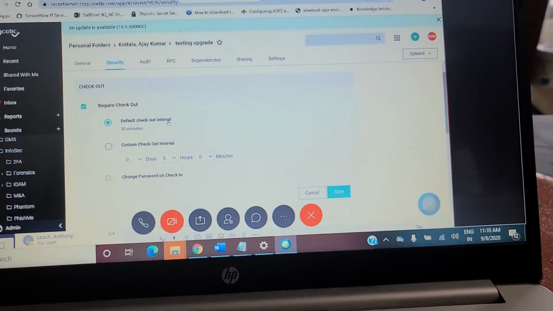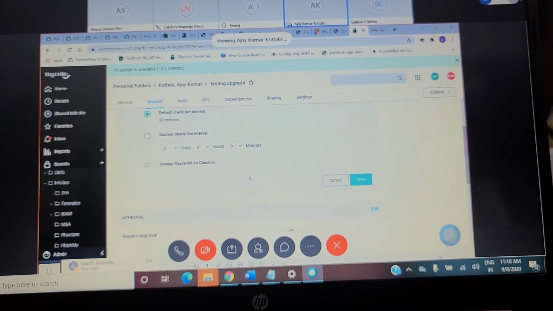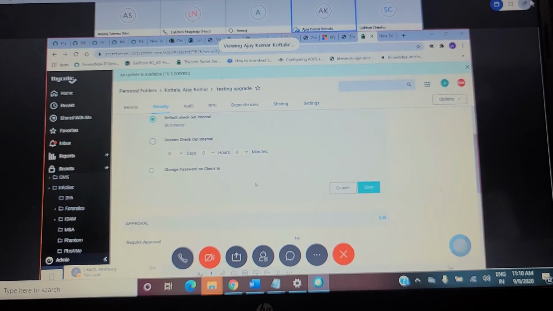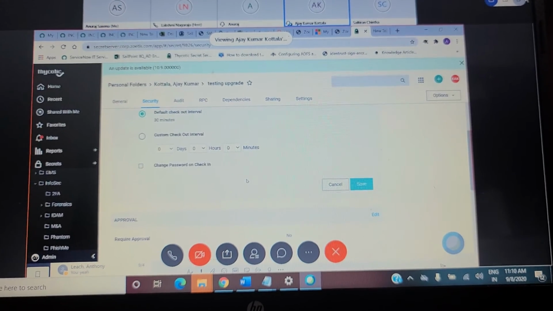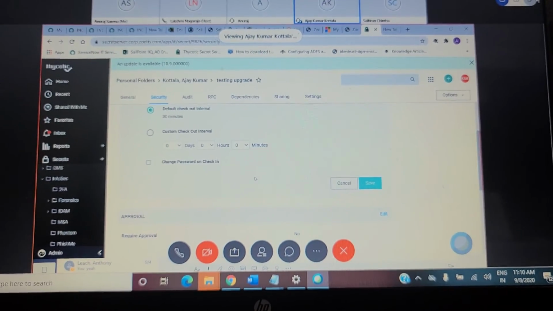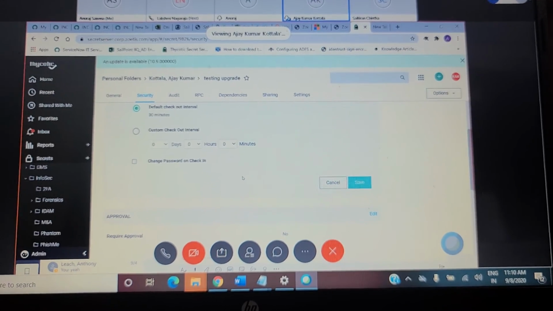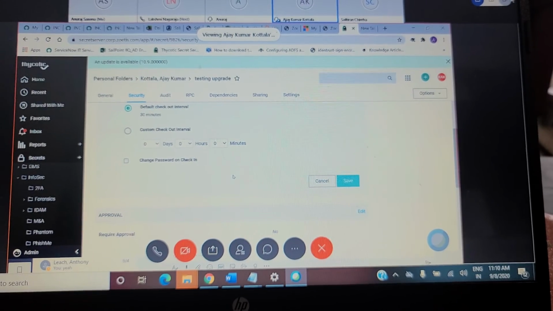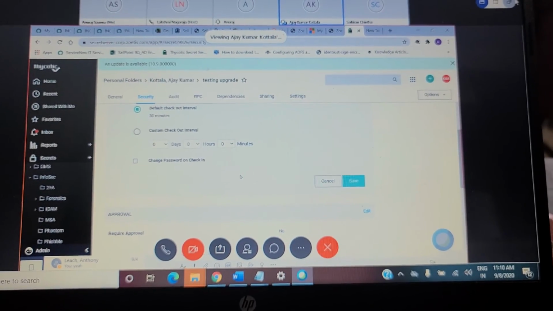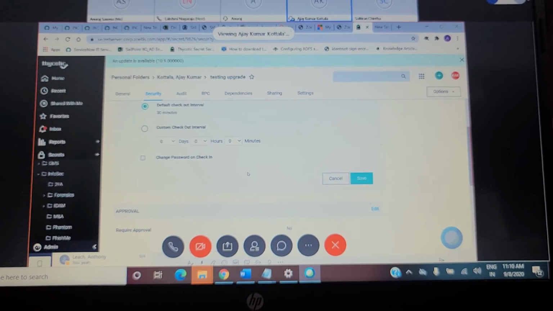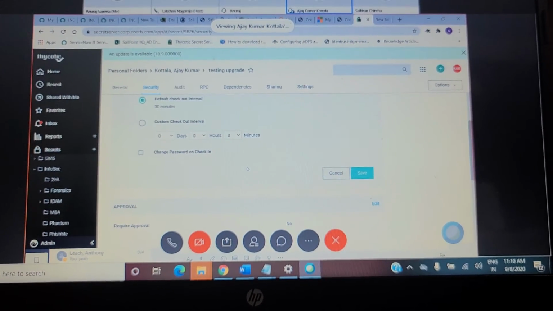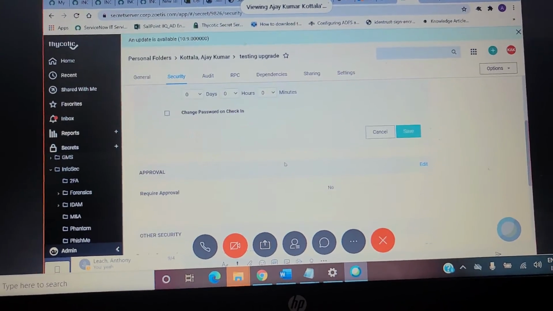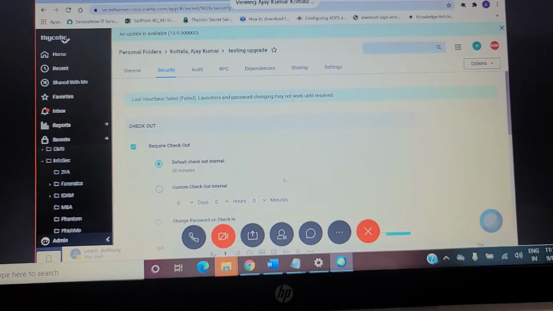So there is an option called force checkout. I don't suggest that, but if in case within less than 30 minutes someone else wants it, we need to enable it. There is a root permission, I mean super admin mode. If you go to that and enable force checkout, then another user can do it. That is the only option. Otherwise, you need to wait 30 minutes to view that secret or until someone checks in. That is about checkout.